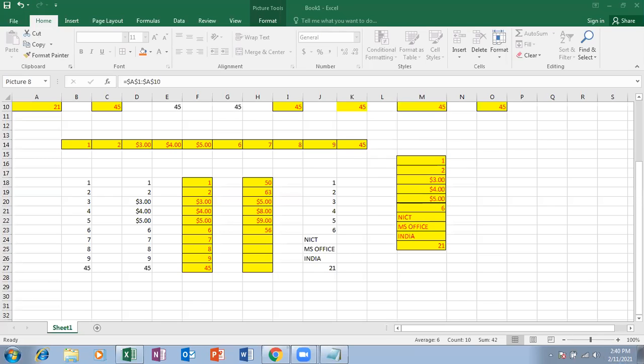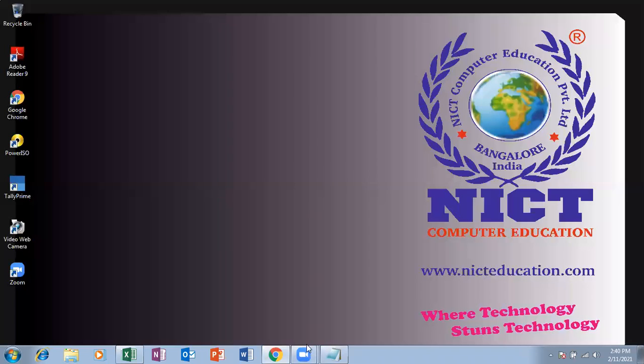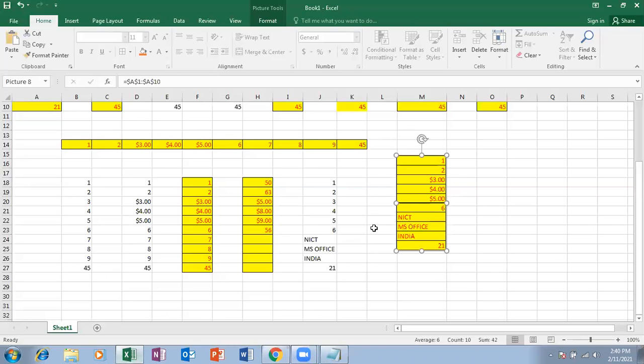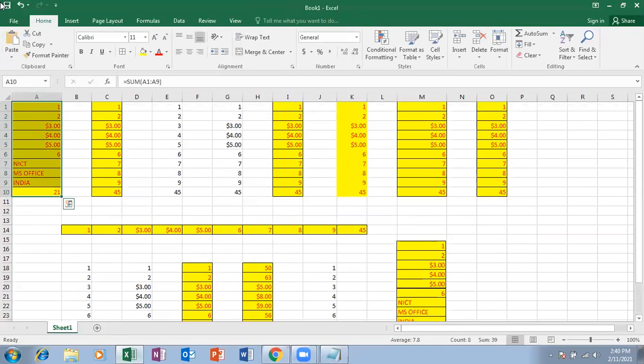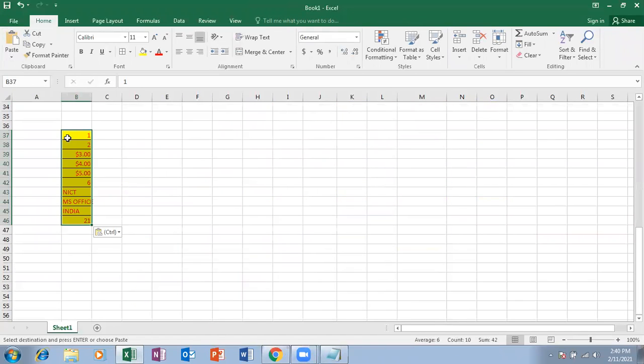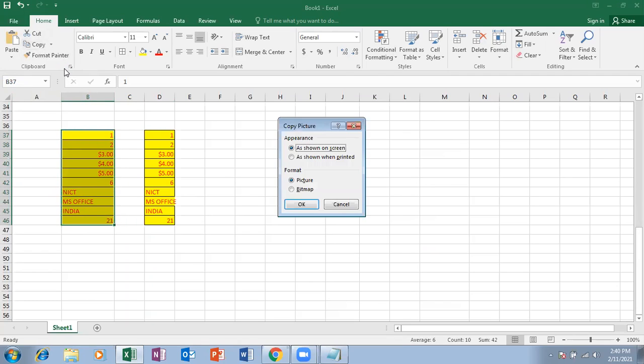Okay. So now we are going to do copy paste. So generally everyone knows what copy paste is, right? So we are going to do that. How to copy. Any content, whatever I have here, I can copy that content in two ways. One, select, click on copy directly and click here, paste. Control C, Control V. And one more way, select that range, copy as picture.